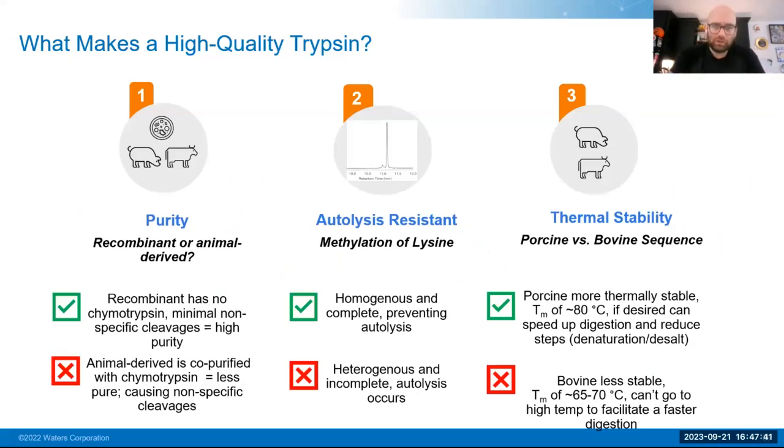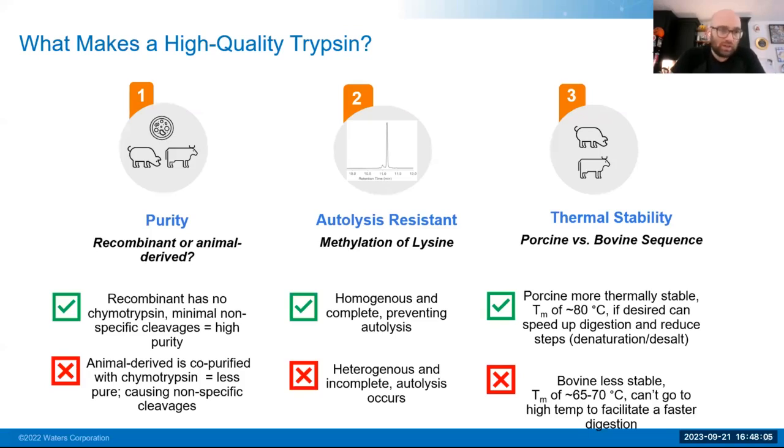So why our focus on trypsin? Again, the idea of gravity flow columns is a relatively straightforward product development, making that as simple and painless as possible to allow for the removal of salts. But the big focus here is on the trypsin. So why focus on trypsin, and why the massive focus on high quality trypsin?